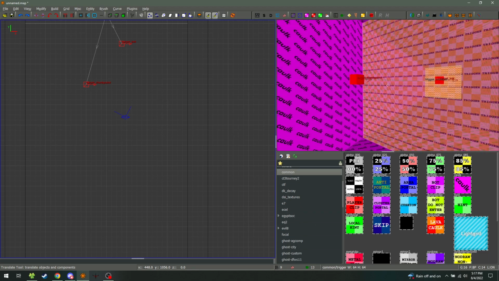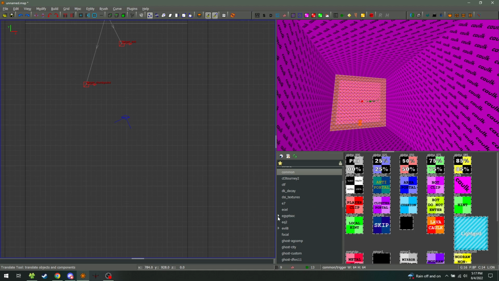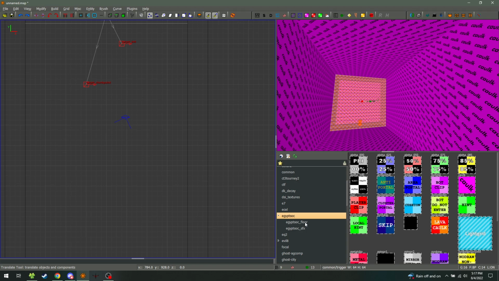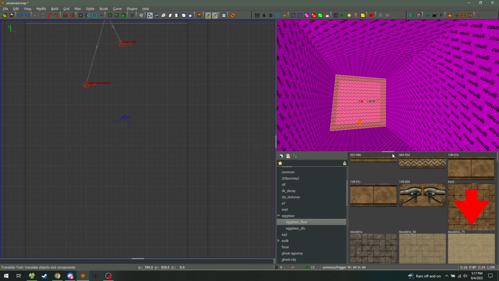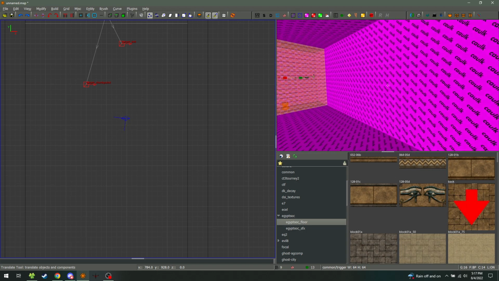So for this tutorial, I'm going to use EgyptSock. Again, if you see a drop-down menu like this, double clicking the name is not going to do anything. You want to click the drop-down and then select the folder. Okay, so